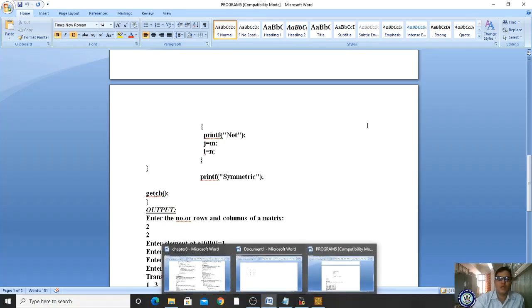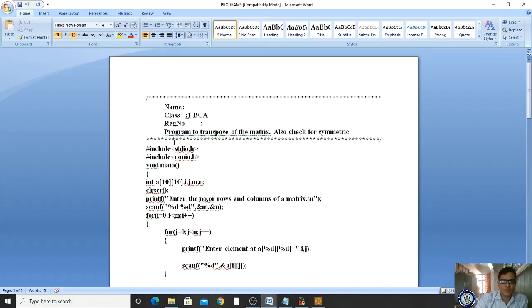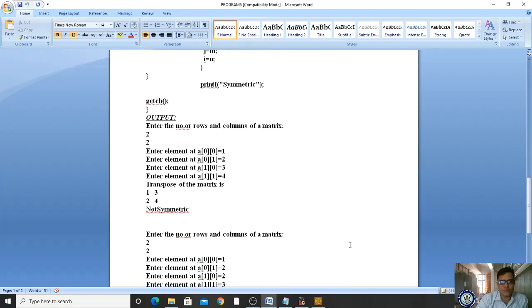Let us see the program: transpose of a matrix, and also check for symmetric. We have to transpose it, as you know. Please observe here, 1 2 3 4. If I enter 1 2 3 4, after transpose, 1 2 3 4 becomes 1 3 2 4.